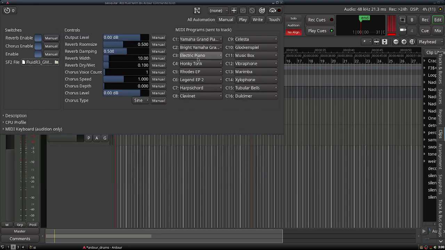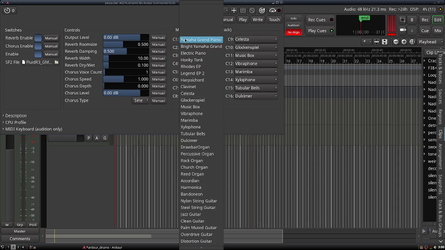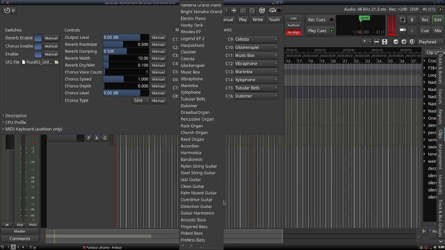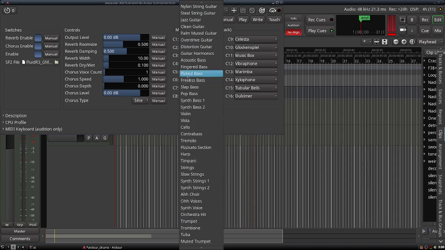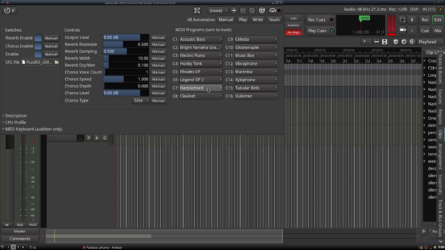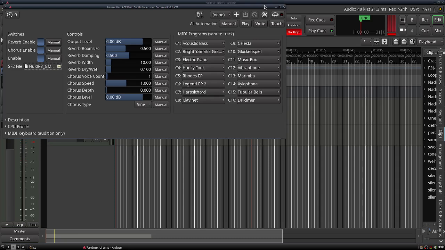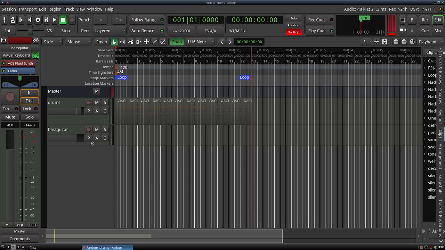So this time for channel 1, here are the channels, the picked instruments. This time I'm going to choose a bass guitar. Where is it? Picked bass, fingered bass. Let's go for acoustic bass, for the fun of it. Okay, that's chosen for channel 1, acoustic bass, okay, and let's